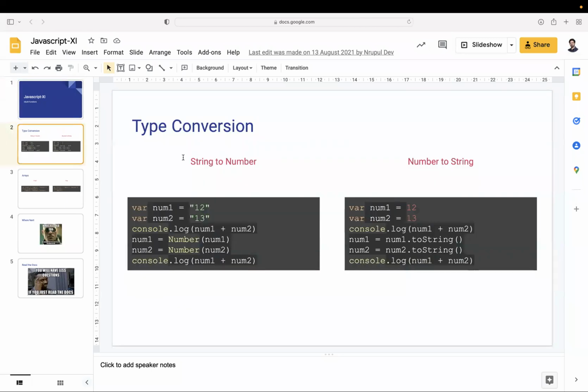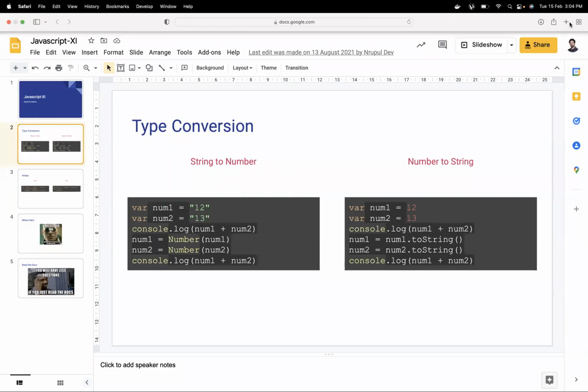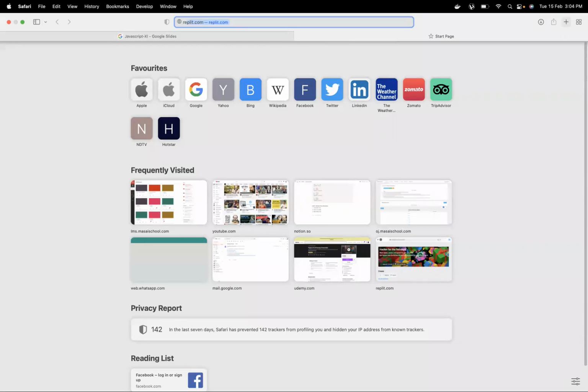First of all, I'm talking about type conversion. What is type conversion all about? Type conversion is something you use whenever you want to convert a string to a number, or a number to a string. We have a specific function for that. So suppose I take you to Replit,